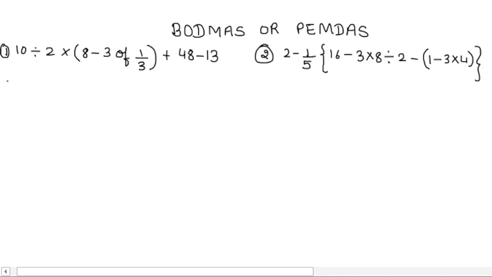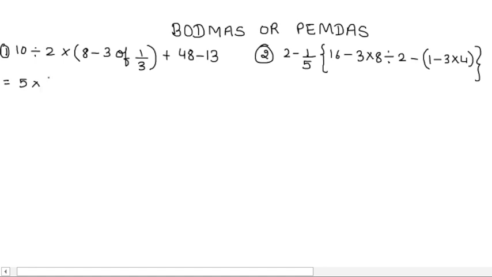Let us start. The first operation that is performed is brackets. So we solve anything that is inside the bracket, also called parenthesis. This is the bracket that we must solve first. Also, if outside the bracket you have any division happening separately, you can solve that also along with the bracket. I'm doing the same. So I'll solve 10 divided by 2, which is 5,